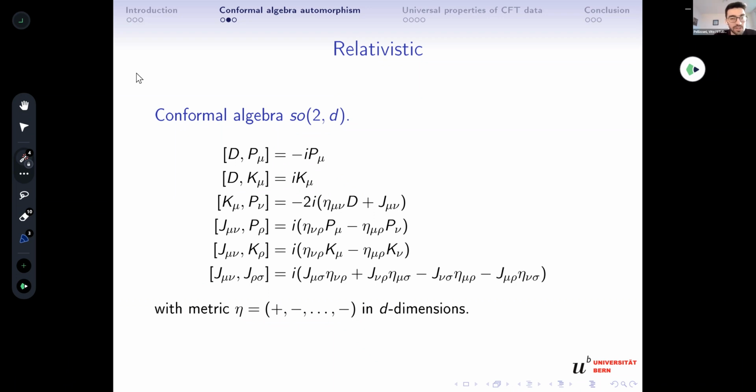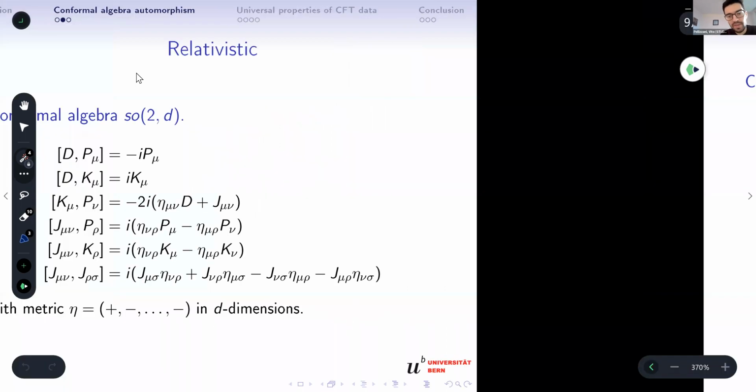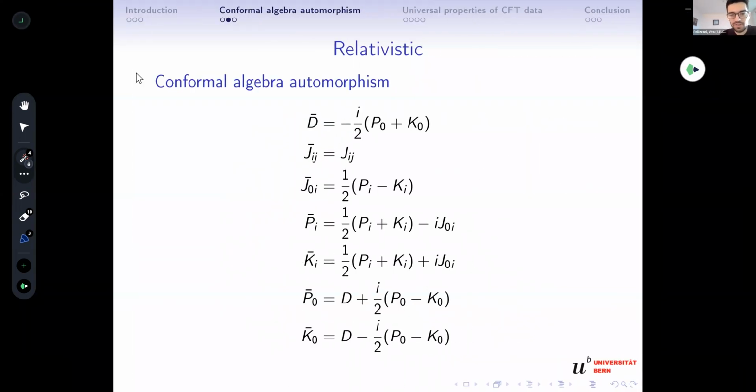And so the task here is to write a linear combination of those generators in such a way that my newly defined generators have the exact same commutation relations, right? This is a Lie algebra automorphism. And you could do that. Modulo some subtleties, you could find some automorphism, but I will just tell you the answer because it's very simple. We don't care so much about the details here, but it exists, and that's the upshot, right? And there is an automorphism